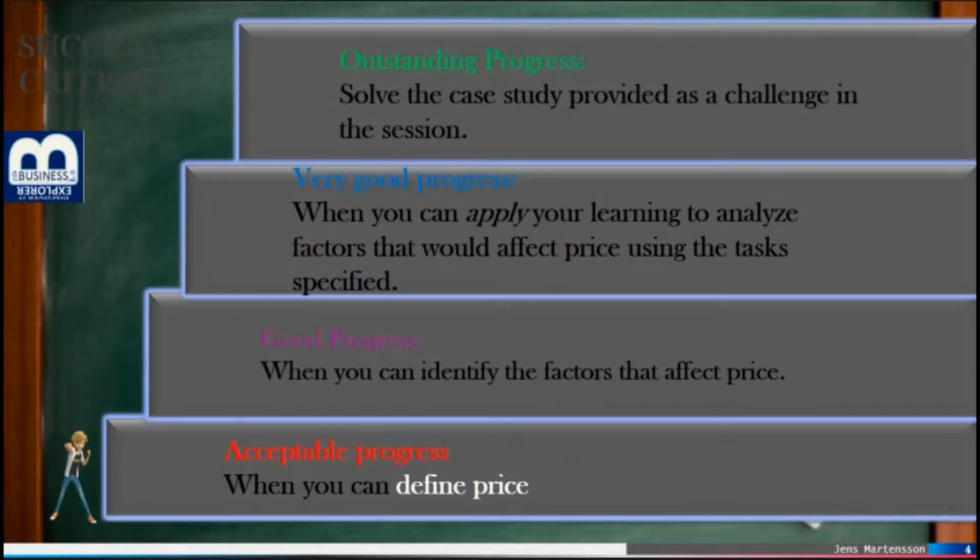The success criteria goes like this. You make an acceptable progress when you can define price. You make a good progress when you can identify the factors that affect price. You make a very good progress when you can apply your learning to analyze the factors that would affect price using the task specified. And you make an outstanding progress when you can solve the case study provided as a